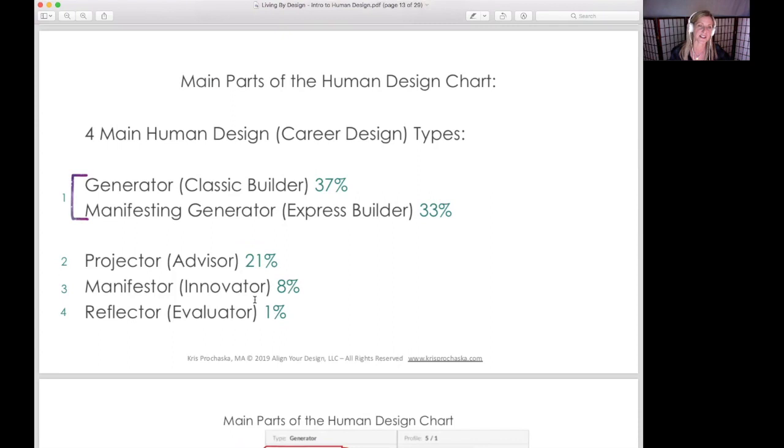Now, I just want to say something here because I hear people say all the time, well, I don't want to be a builder. I want to be a manifester. We have all this charge around the word manifestation and manifesting. And a lot of people, when they first learn about their type, they're like, oh, I don't want to be that. I want to be that other type. And it's like, when you really get that, actually, as builder types, we're really designed for the long haul of manifestation. And these words are just sort of describing the way energy moves in the world.